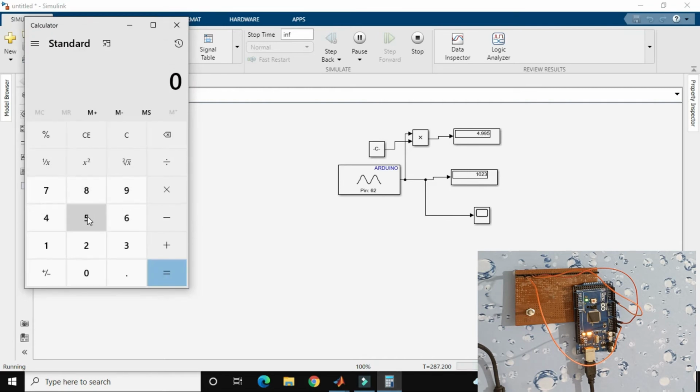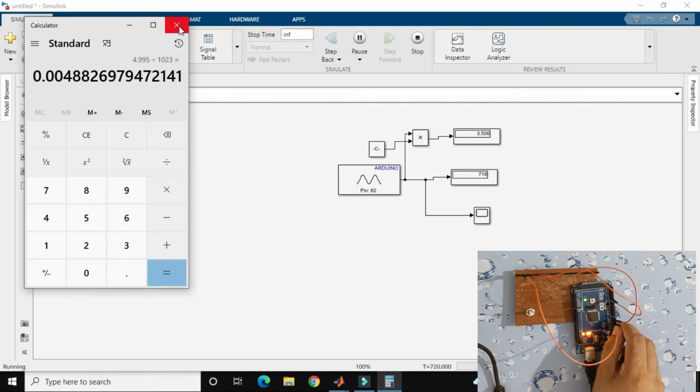You have to use 4.995 divided by 1023, and it is equal to 0.0048826. You have to put this value in the constant. When you connect to the 3.3 volt, which I also have over here, the formula is different.